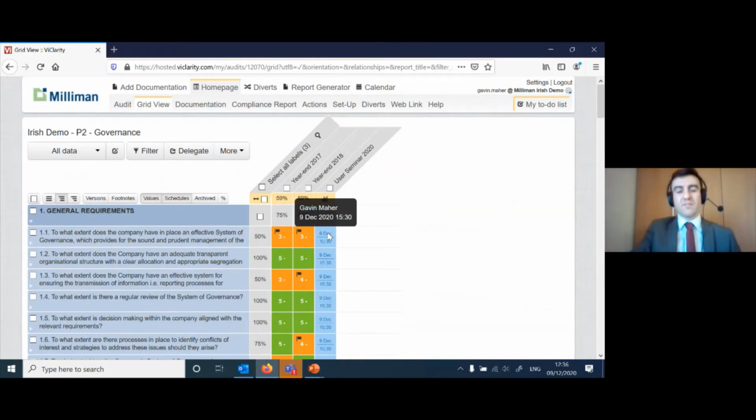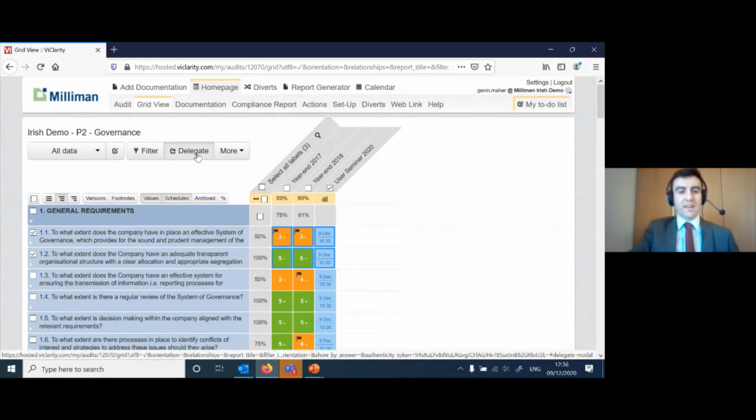The further you set that into the future, the more you can change who those emails are going to go to by going back in. Say, for example, I realized these first two questions weren't actually for Gavin, but were for Patrick. I just select them here along the side and then select the label up the top. You can send these to a new person if you hit delegate. Once you've picked the questions horizontally and vertically, that's how you can go in.